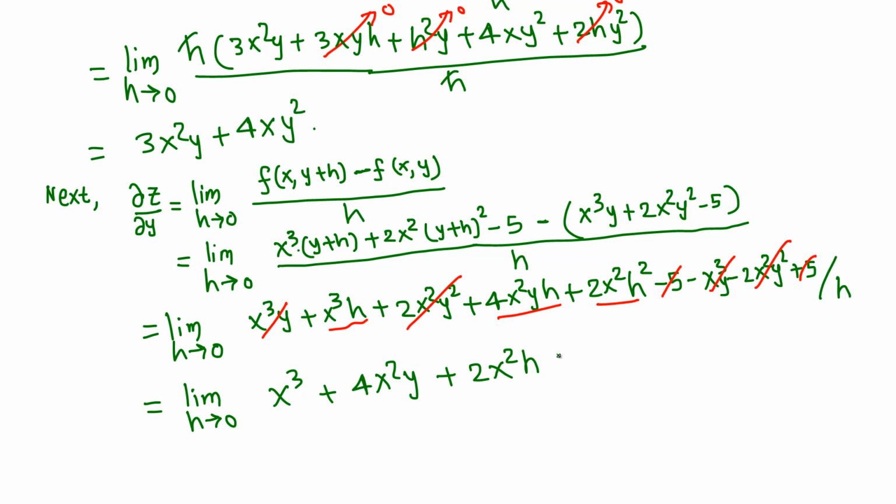Now we take the limit to find the answer. So h going to 0 makes this term go to 0. So that's x cubed plus 4x squared y. That's the final